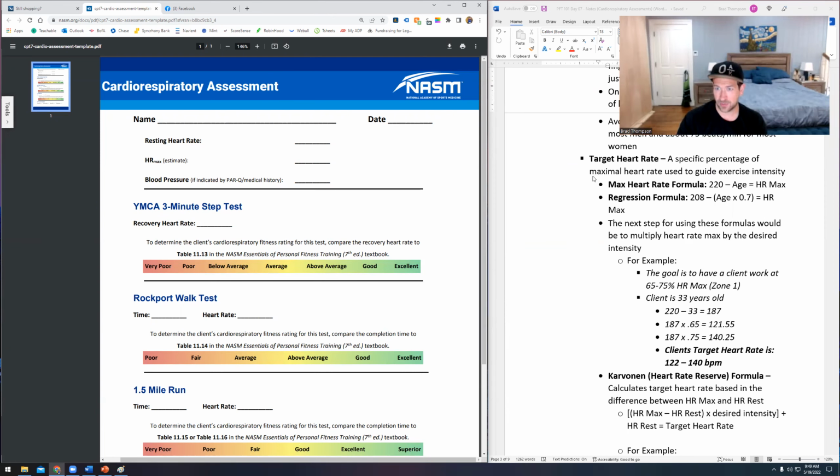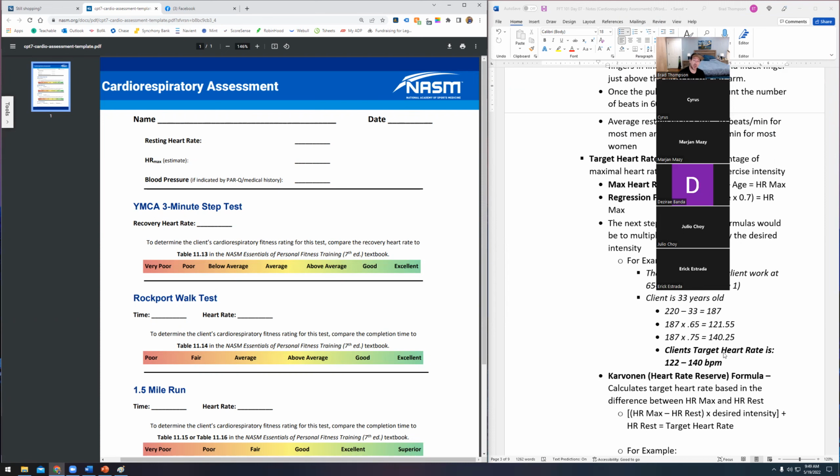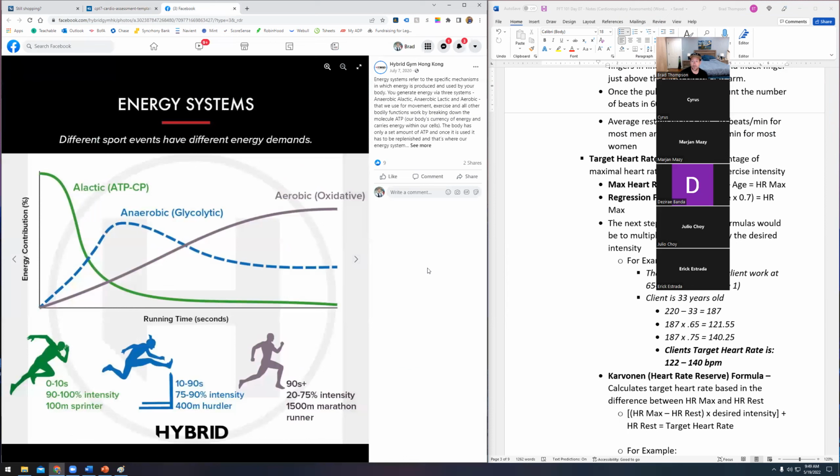Now, why am I talking about this right now when it comes to heart rate stuff? Well, we have different heart rates that we are going to use to target different durations. I cannot work at maximum intensity if what I am training for is a marathon, right? Here's what we need to remember about the word intensity. Trainers, all of us,